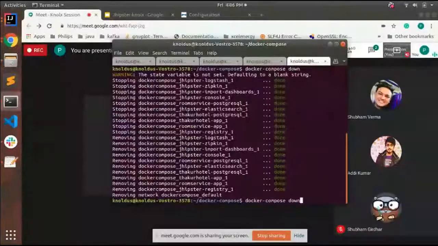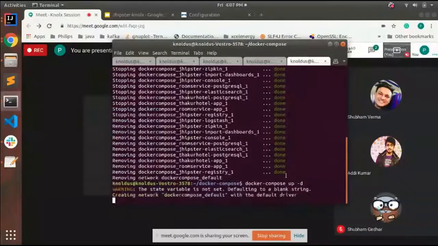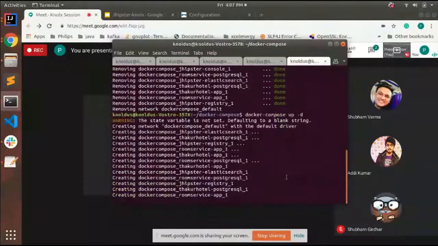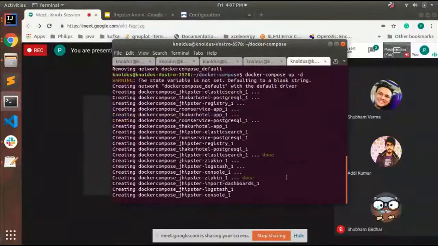So I have already created a container with all the images of the services that I want, the hotel images and the room service images. So hotel is here my gateway and the room service is my microservice application. Now I'm running that in a Docker Compose. So it uses the default registry.